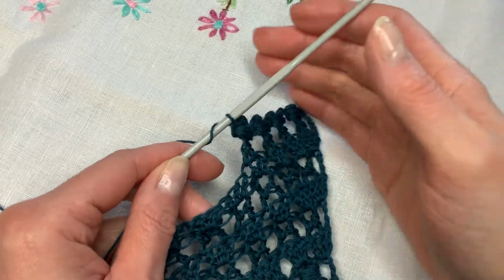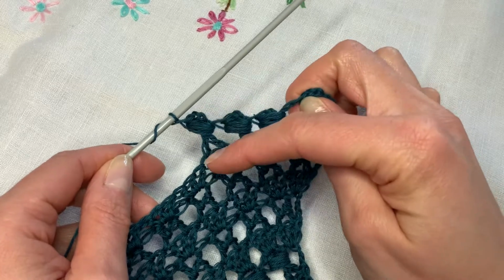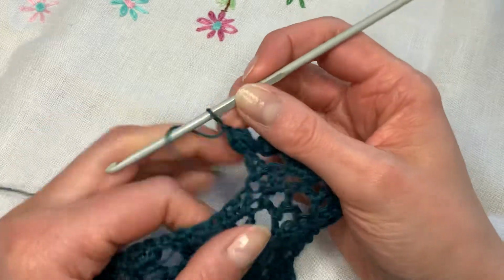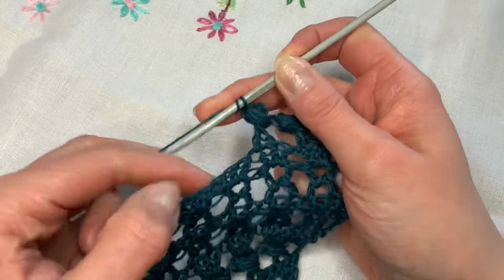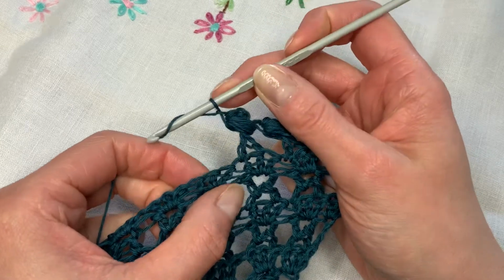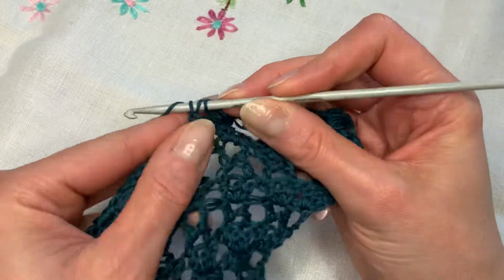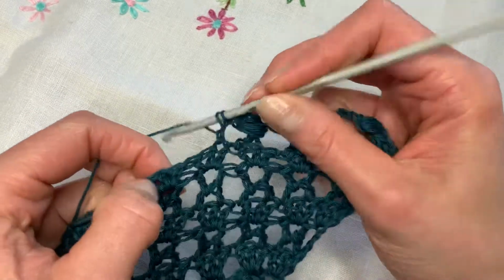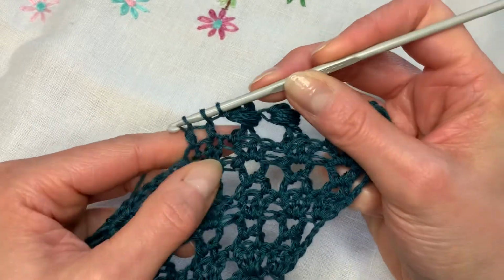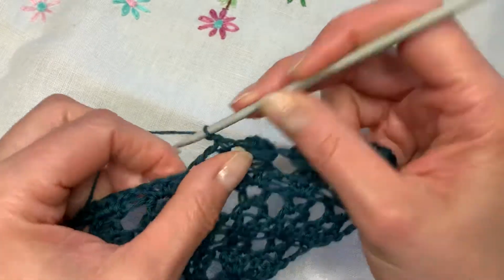In this video, I'm going to show you how to do the stack stitch, which is basically a puff set on top of an inverted V. So we start by working two trebles together over the first and the third of the next three stitches. So yarn over, insert hook into the first stitch and draw up a loop, and yarn over, come through two. Yarn over, insert hook into the third of the next three, and take off two. Yarn over through all three, and then we're going to chain three